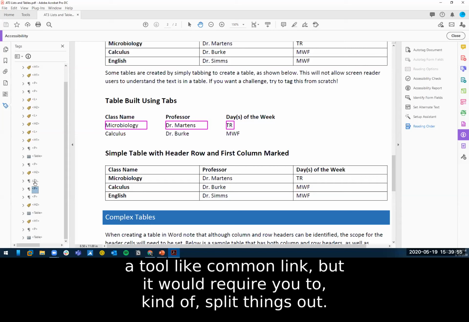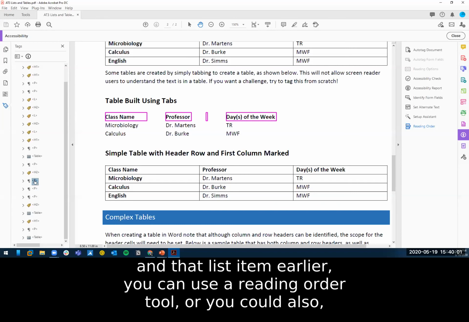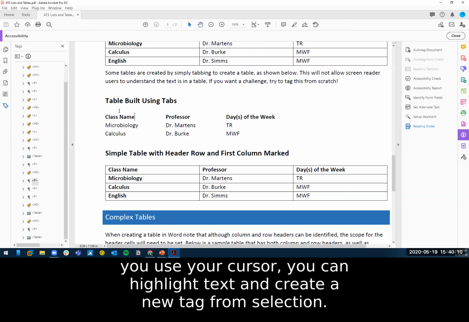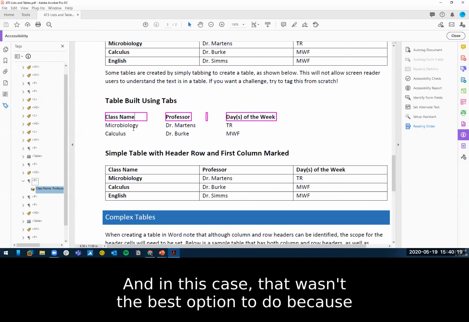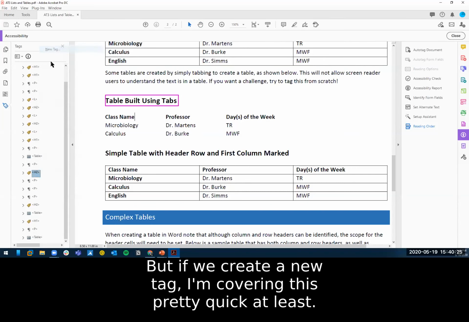But it would require you to split things out. Just like we did with that label and that list item earlier, you could use your reading order tool, or, I believe I showed you this last time, you can use your cursor to highlight text and create a new tag from selection. In that case, that wasn't the best option because it put in the same one that was already in. But if we create a new tag,